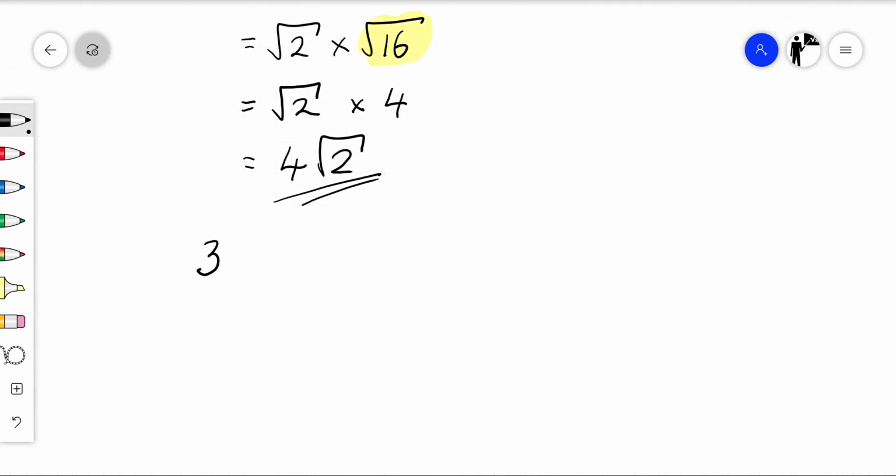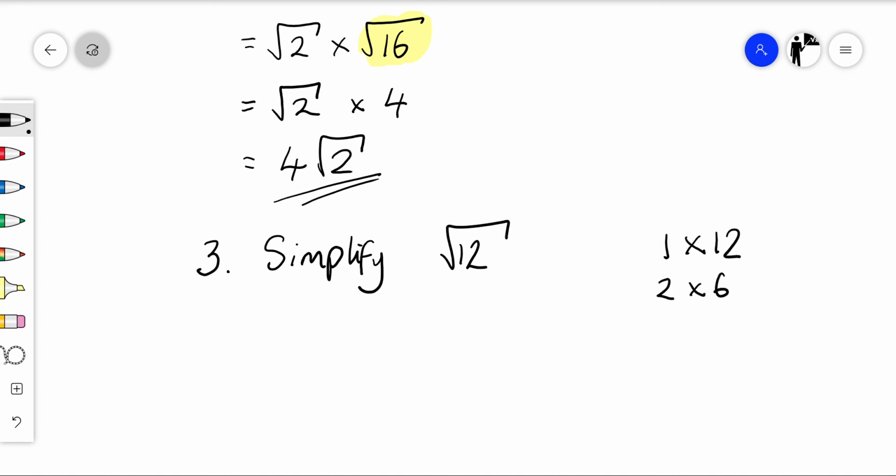Okay, last example. Let's simplify root 12. Okay, so we want to rewrite 12 as something times something. So we've got 1 times 12, 2 times 6, or 3 times 4. We choose the option that has a square number. This is 2 squared. Okay, so we're going to rewrite root 12 as the square root of 3 times 4,